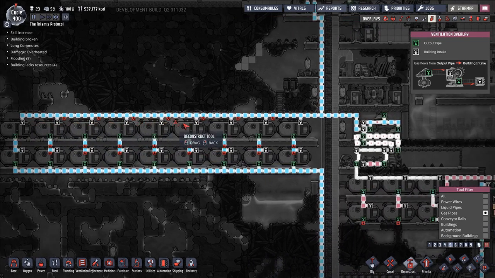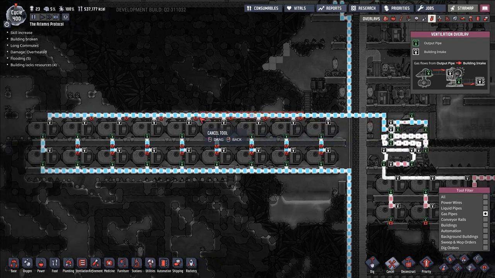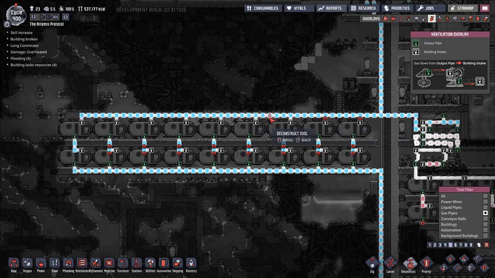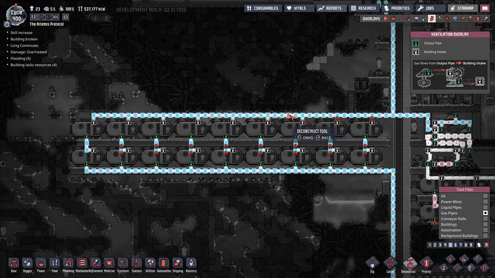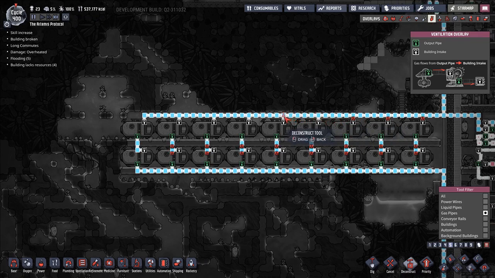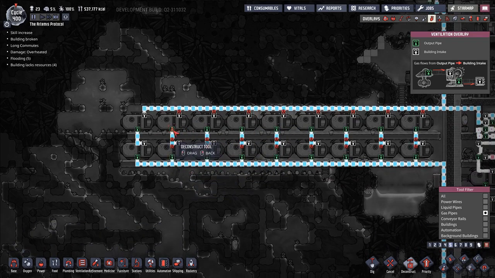Am I doing this correctly? Not really. We want to do this the other way, don't we? Okay. So how are we going to do that? Well, we're going to do it like this. We are going to deconstruct each of these above here, like so. We're going to deconstruct all of these, and then we're basically going to have these outputs go up,